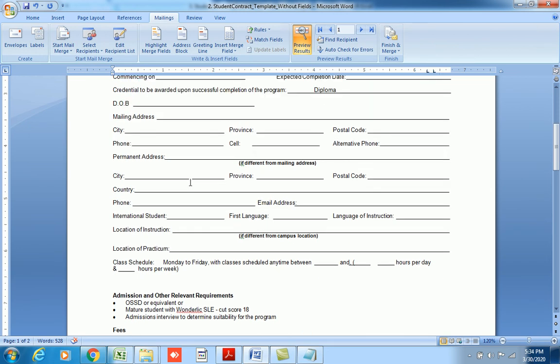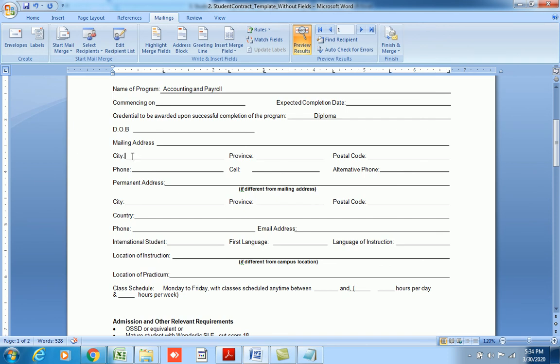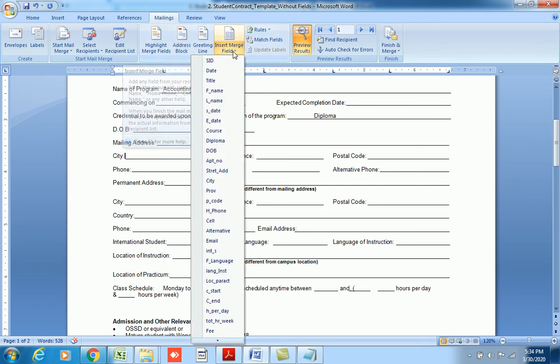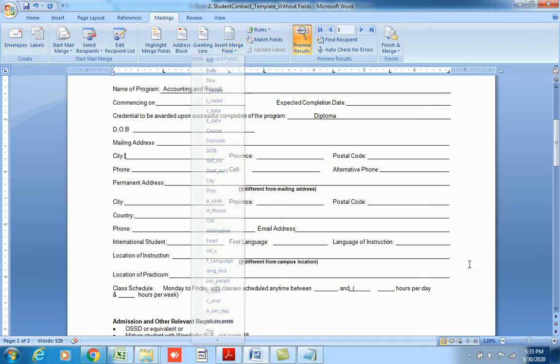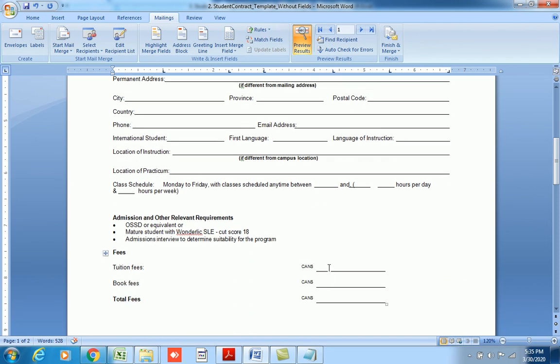Okay. So for example, in city, if you put a province, that won't make much sense, right? So just use the field names. They are quite self-explanatory, but in some cases, if it is not clear, you can ignore that for the time being. Okay. So same way you will fill all the fields.